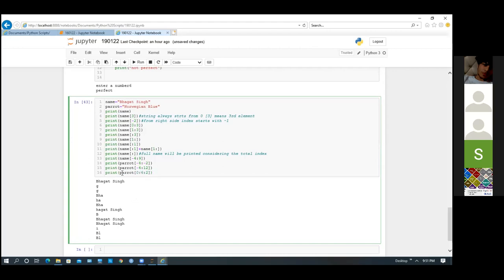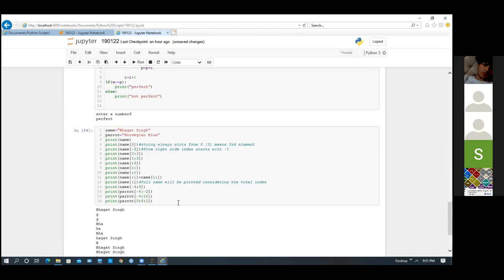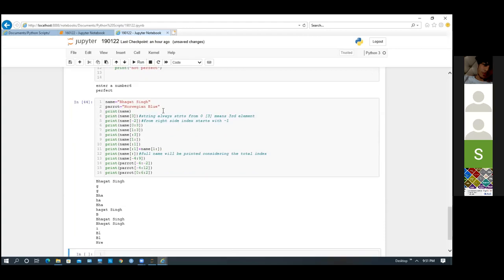What will it print? 0 colon 6 colon 2. So it will start from 0, it will go up to 6, and it will take a step of 2. So we can use this step in print also, like we can use in for. Okay. So NRE. Why? N is at 0, then a step of 2, then R. Then what happens? W is skipped, then E. So it will take up to 6, and it will go up to NRE.